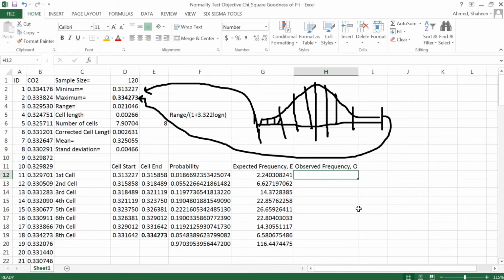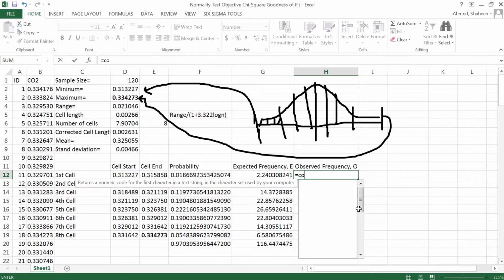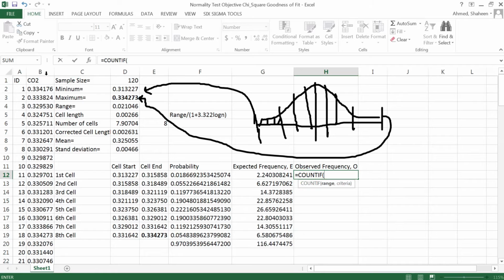To get that, I can use a function called COUNTIF in Excel, and then select that B, so it will count this entire column using some condition. If a condition is met, then it will count that value. So my condition is less than or equal to, and then ampersand, and then this cell. This will count all the data points up to this point including that data,